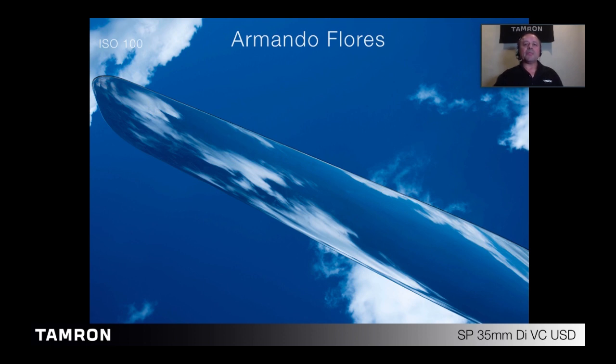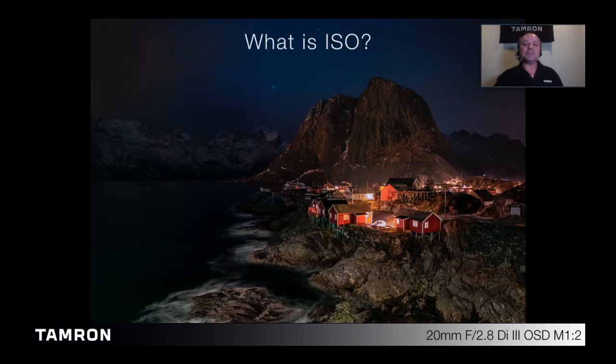Today I will be talking to you about ISO. In very basic terms, ISO is simply a camera setting that will allow you to brighten or darken an image. As you increase your ISO, your photos will get brighter. ISO can also help you capture images in darker environments or allow you to be more flexible with your aperture